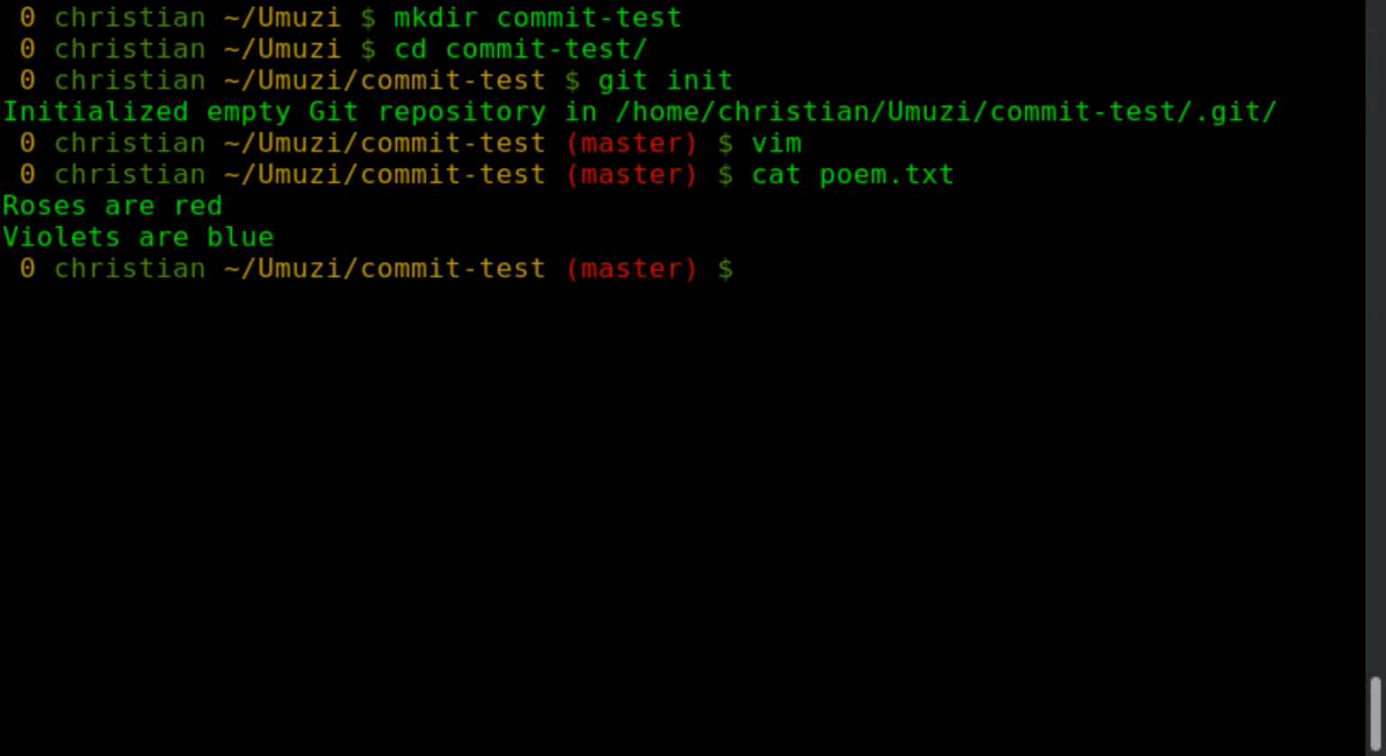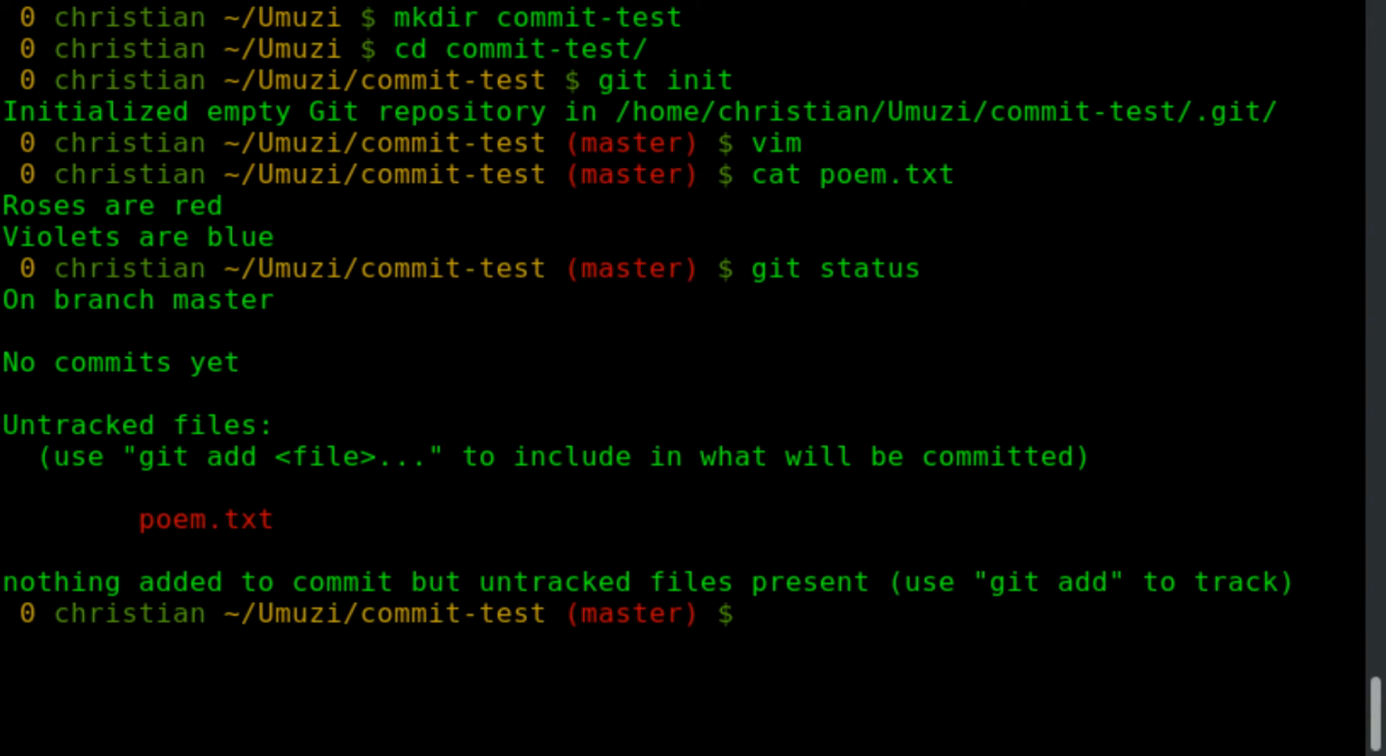Okay, very good. Now we've created this file, but Git doesn't know about it yet. If you run git status, you'll see that poem.txt is an untracked file, meaning that it exists, but the index doesn't know about it. Therefore, Git doesn't know about it. So if you run git status, you should find that the file is untracked. Is that correct? And when you've verified that the file is untracked,